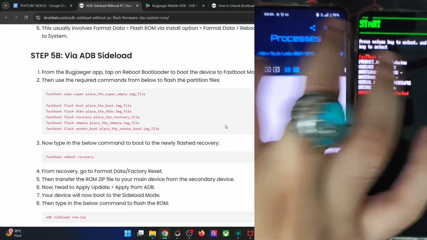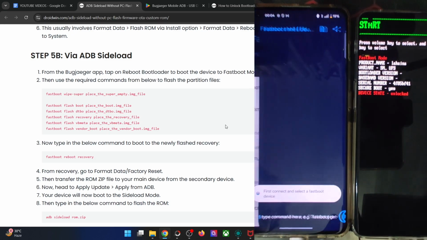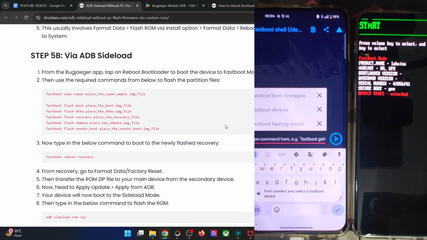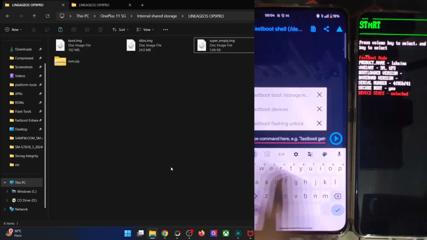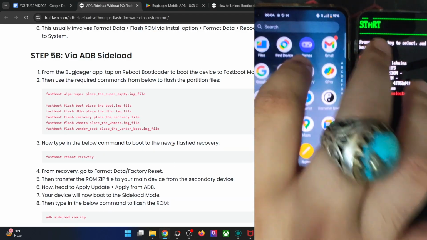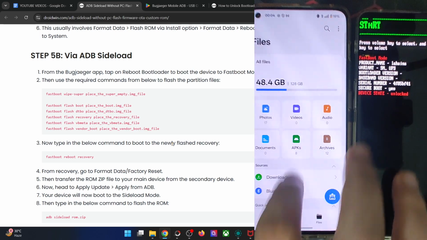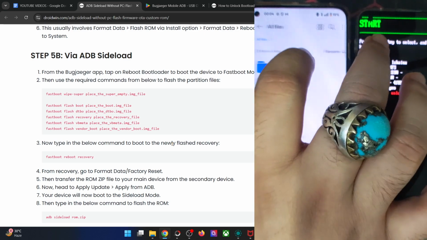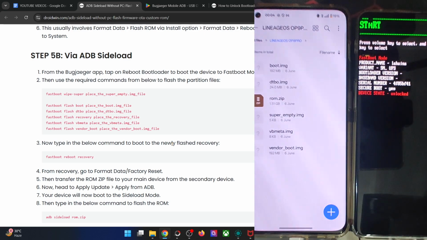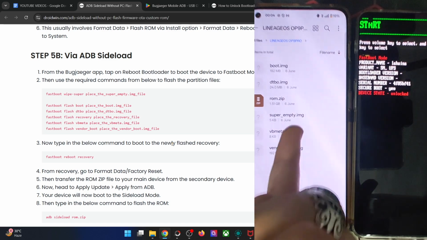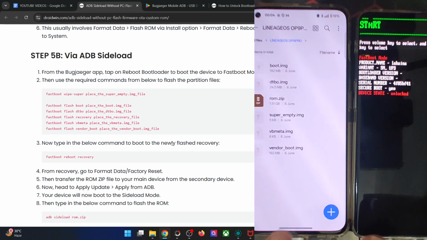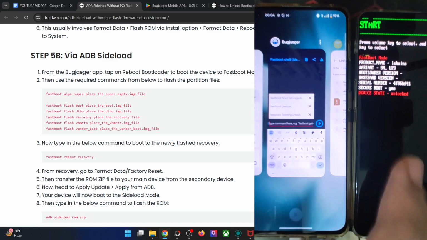So first off, go to the fastboot mode over here, then tap on the flashing icon, and you have to flash these commands: fastboot flash boot and DTBO, vendor_boot, and vbmeta only, not the recovery file. Just let me verify it once. Okay, so it should be on my phone itself. The file manager app is over here, and the file section over here, all folders, all files in the LineageOS. I have the boot, DTBO, vbmeta and vendor_boot, and the super_empty IMG file. So let's flash all these files onto my phone. I don't have to flash the recovery file.